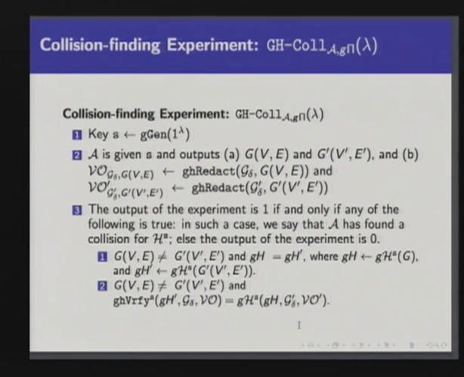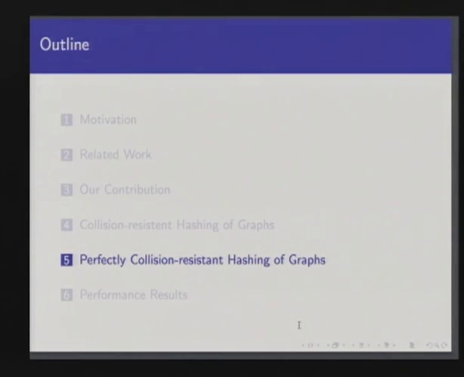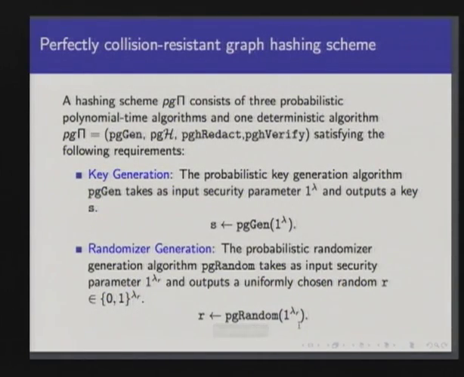So let me skip this Klein finding experiment, and let us move to this perfectly Klein resistant hashing of graphs. So what do we mean by perfectly Klein resistant hashing scheme for graphs? By perfectly, we actually mean that when there are some hashing schemes, and when those hashing schemes hash some values and they compute a compressed scheme